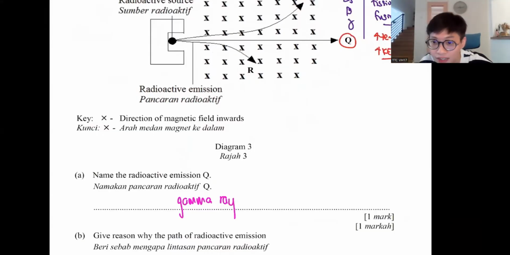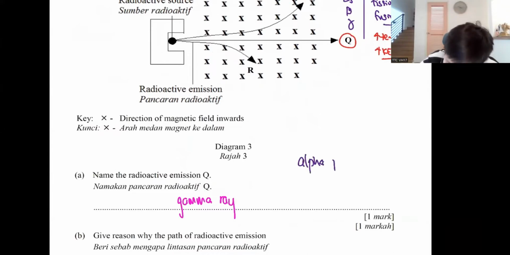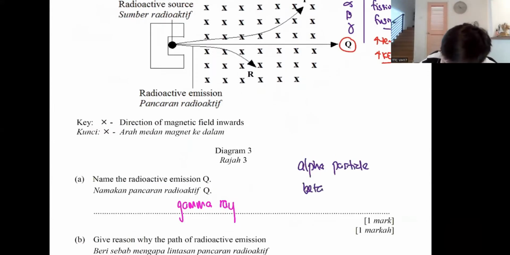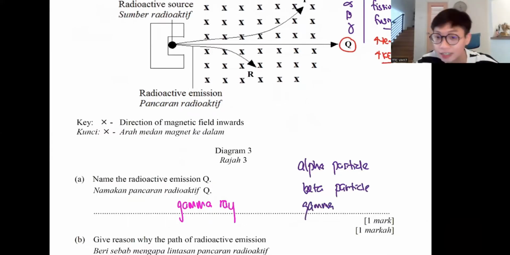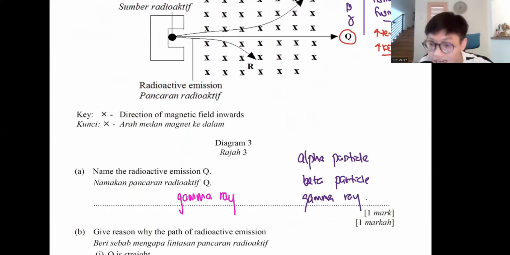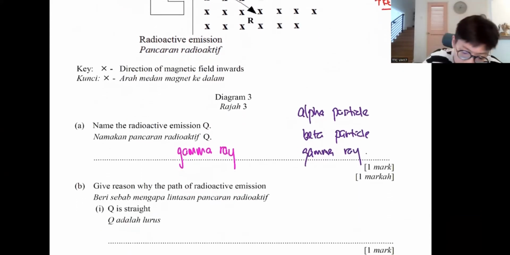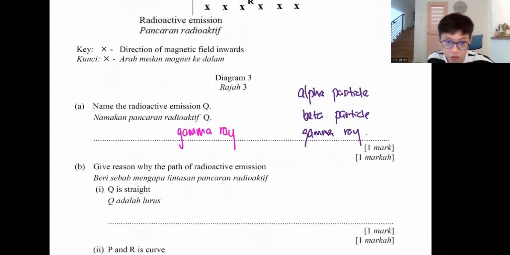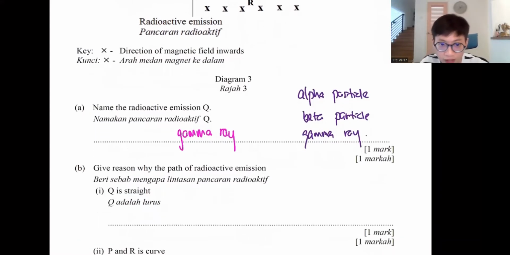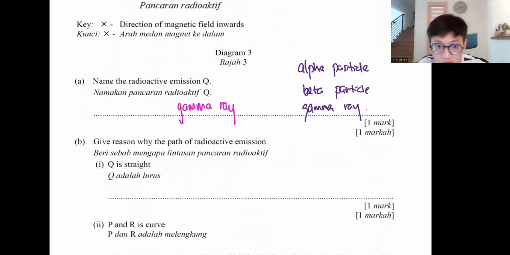Now remember, in physics, we have to be particular. There is such a thing called an alpha particle, and we also call that a beta particle. They are all particles, but because gamma is an electromagnetic wave, we call this gamma ray. Yes, correct. Next, give a reason why the path of emission Q is straight, but P